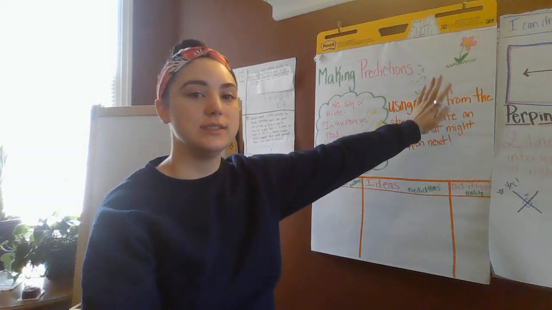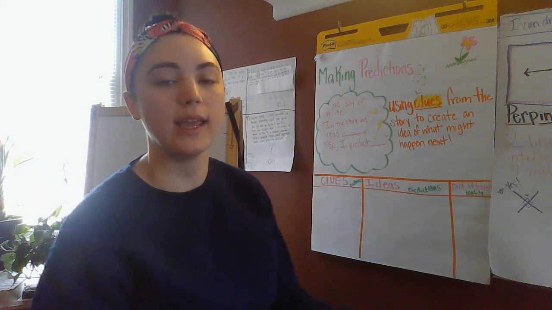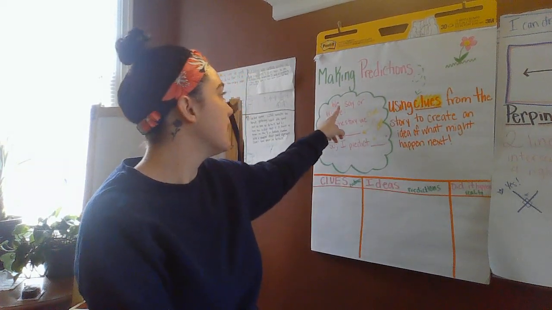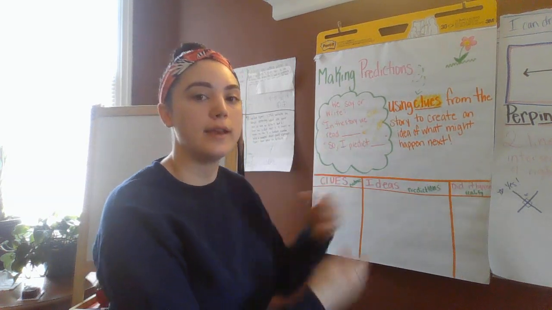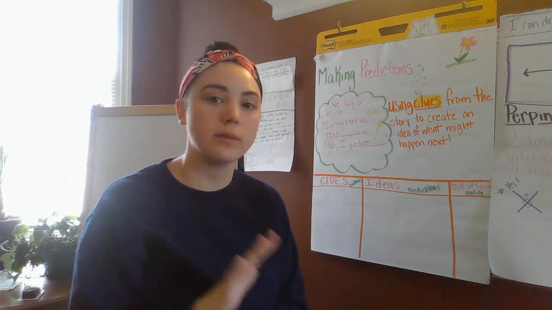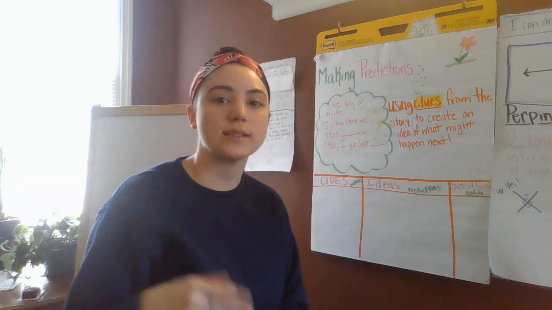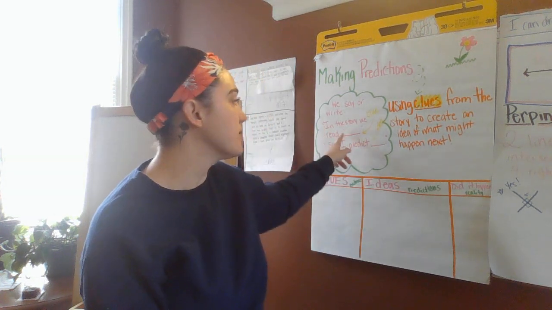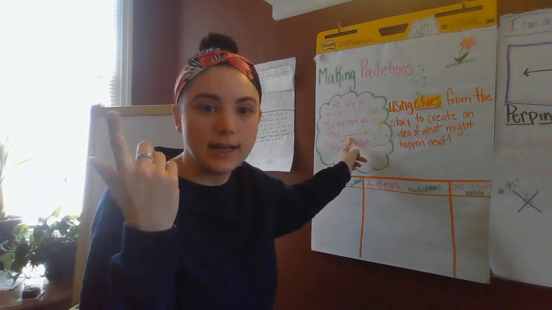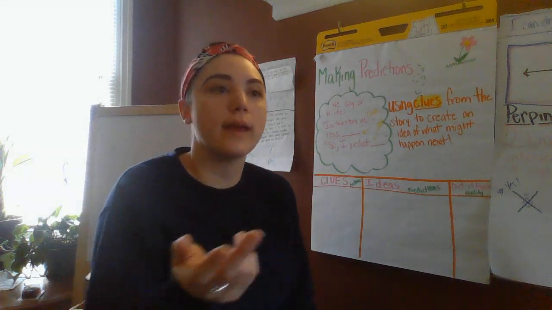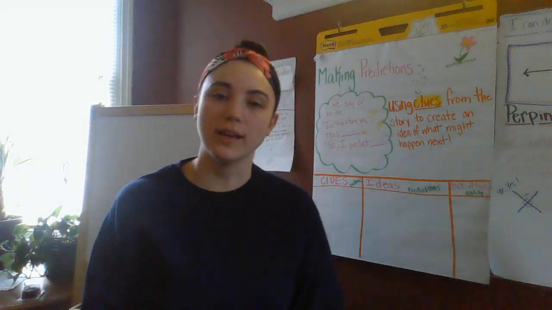All right. In addition to what a prediction is, there are also ways that we can write or talk about them. I gave us two sentence starters. When we're talking about predictions, we say or write, "In the story we read blank," and that blank is where we put our evidence from the text. Then, "I predict blank." That's where you come up with your idea. So in the story we read, tell me what's happening, what's the detail that sparked this idea, and I predict, what do you think might happen because of what you just read? I'll show you more specifically how to do that as we read today.